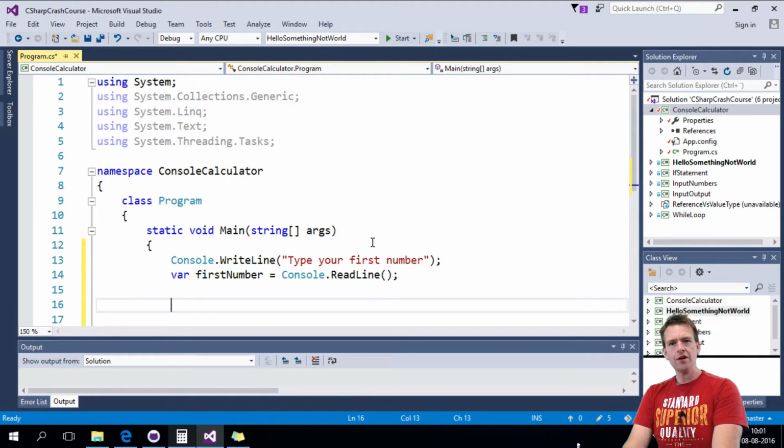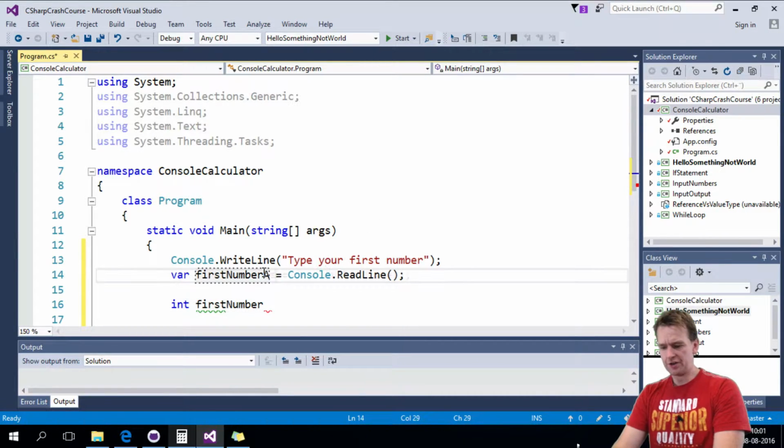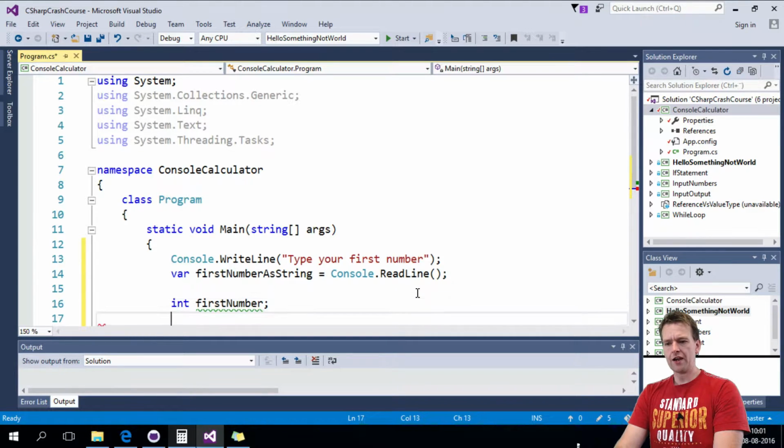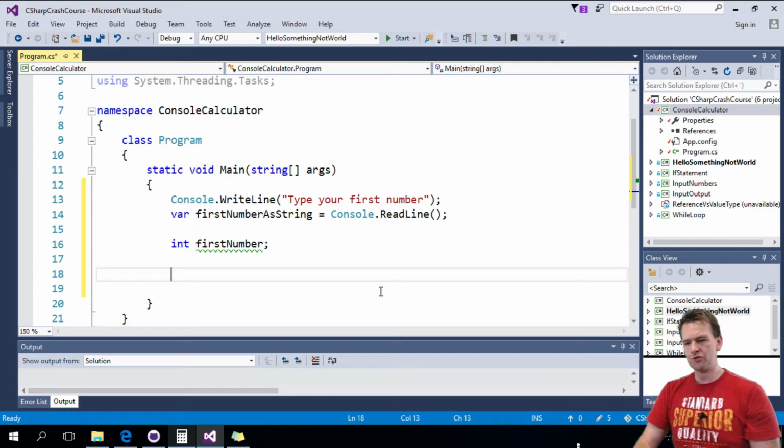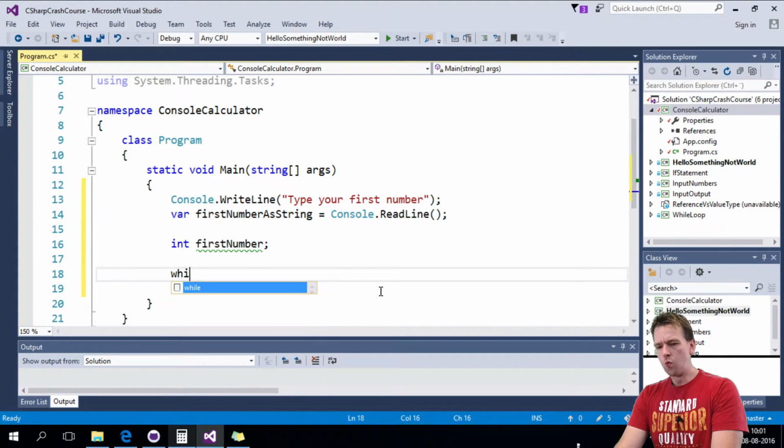So now I have a number, but I need to verify that that number is actually a number. So what else do we do? Well, we could write int first number. I'll just do as string here. Again, notice that I'm changing around here as we move along. So I want to try parse, and you guys can go back to the try parse video if you forgot how to do that. So I'll say while,